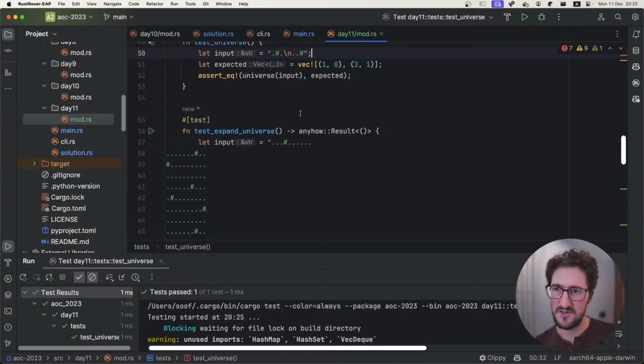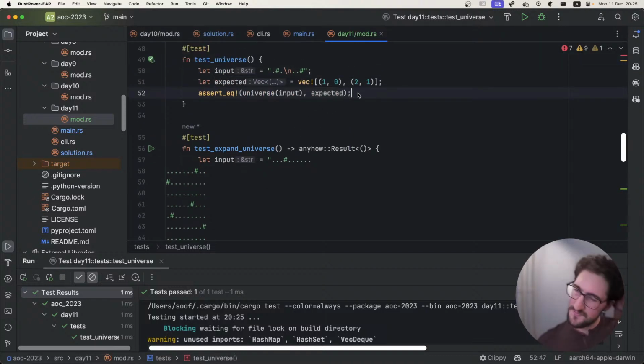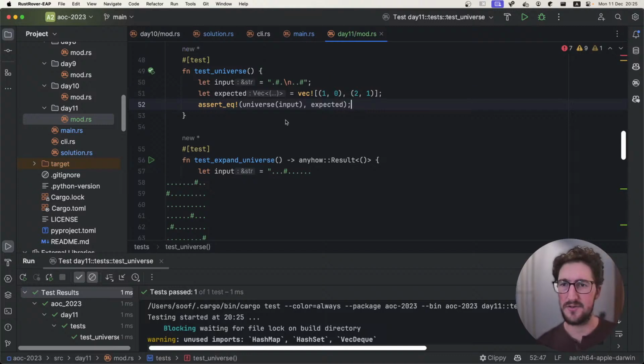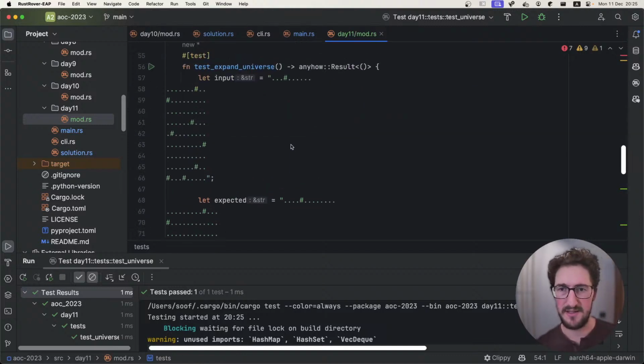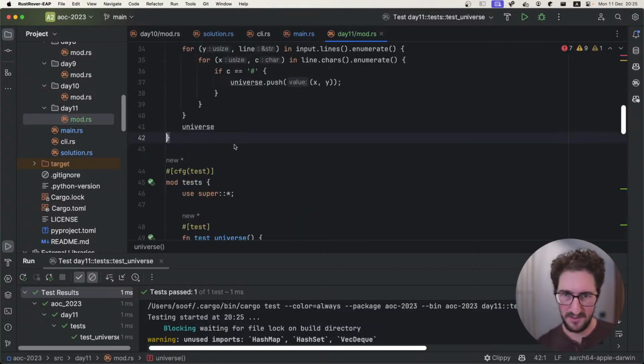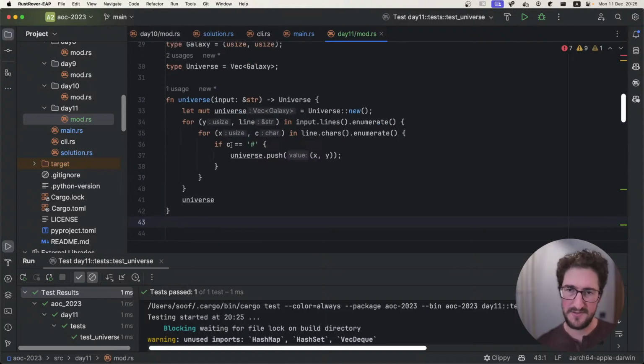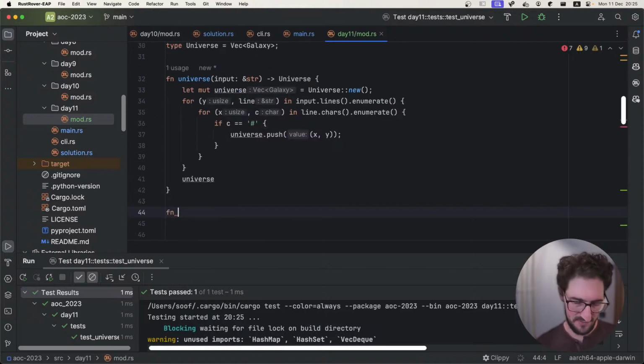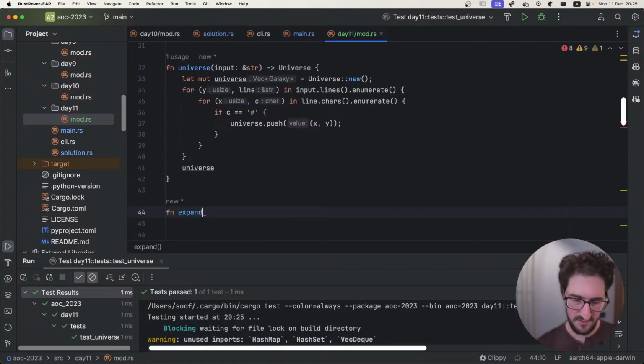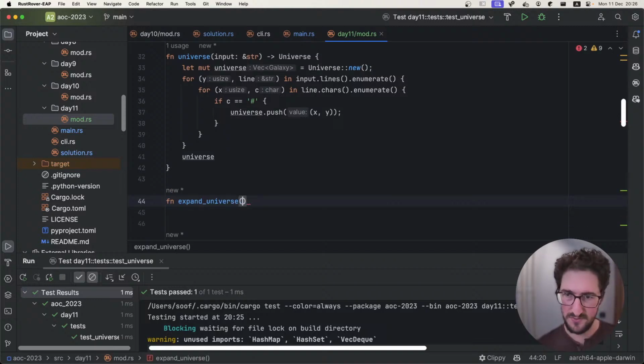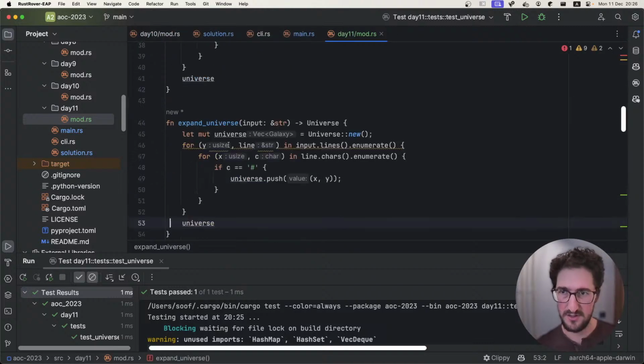So I think we want to expand the universe actually in string form. So how would we do that? We should have a function which is called expand universe, that is going to first of all get an input string and return not the universe, but